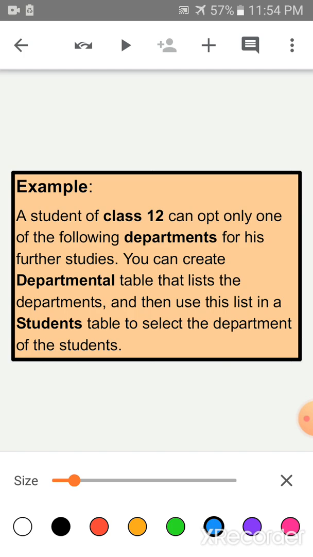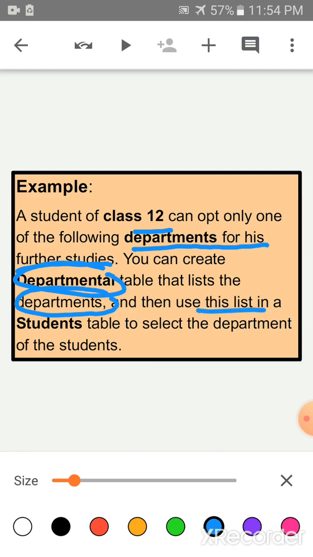Suppose, children, a student of class 12th can opt for only one of the following departments for his further studies. You can create a departmental table that lists the departments. We can write the departments in a departmental table.